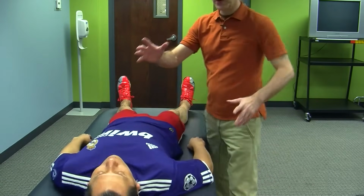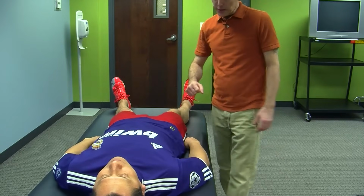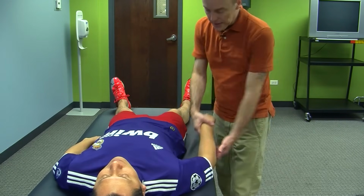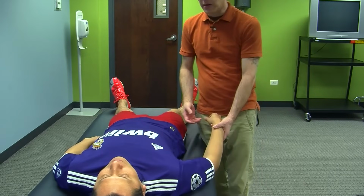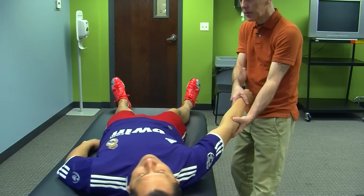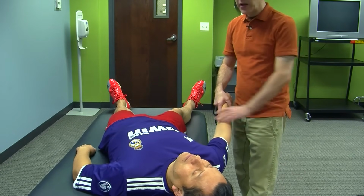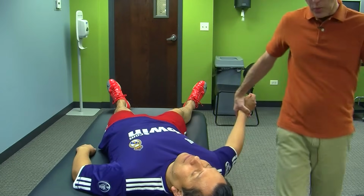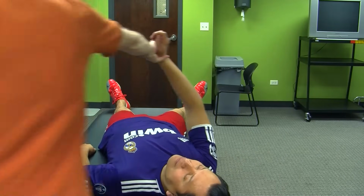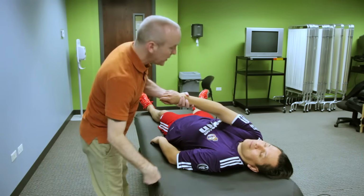Now there's a little coordination that goes with this, and I'm going to be walking around the head of the table here. Okay? So I'm going to move my client into lateral flexion. So he's going to relax, and I'm just going to pull him towards me. I've got him into lateral flexion. Without letting go of that arm, I'm just going to walk him across like this. And I'm going to reach over,